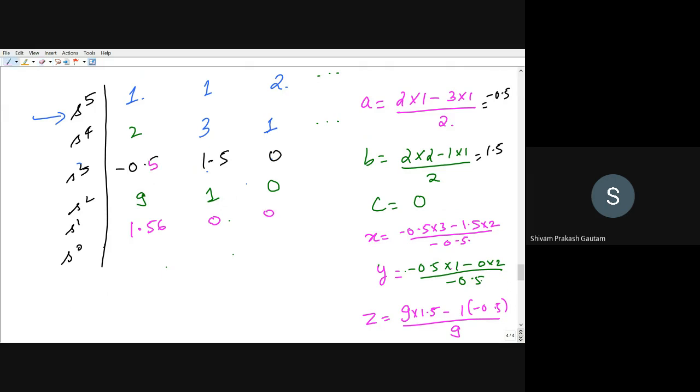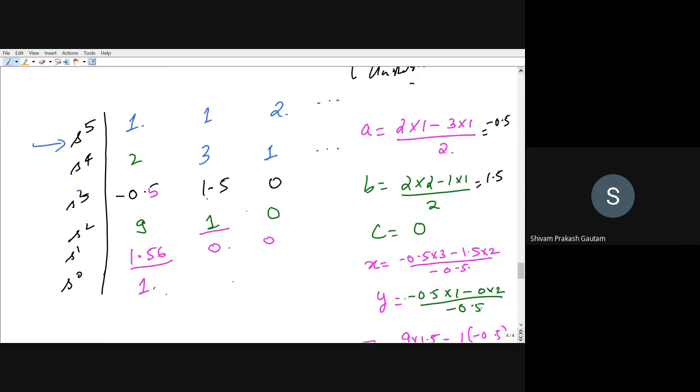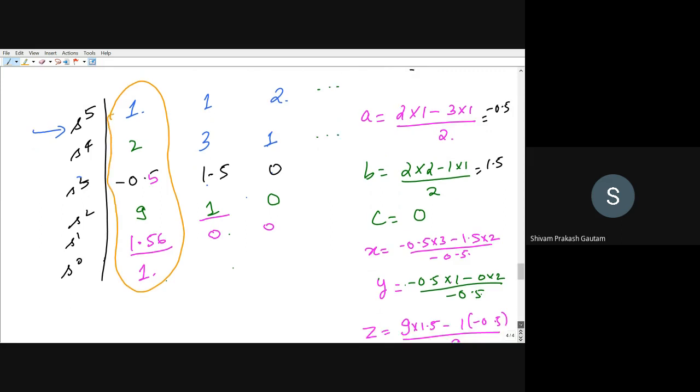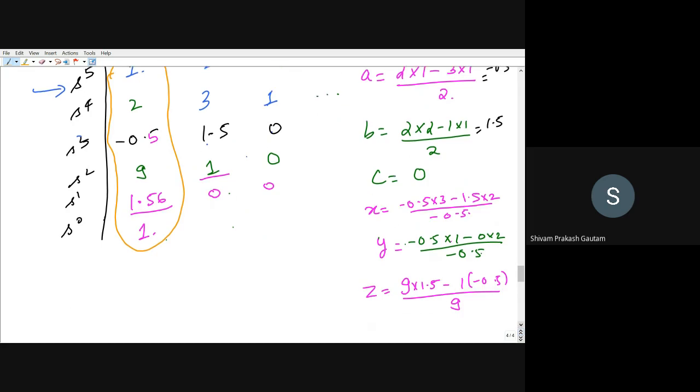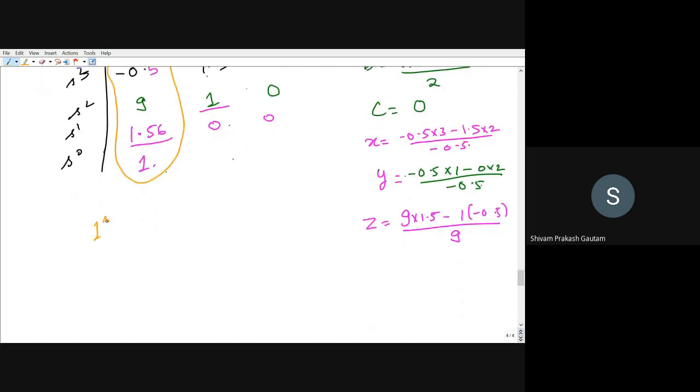Now the last remaining row is fairly simple. That is 1.56 multiplied by 1 minus 0 multiplied by 9, which is 0, divided by 1.56. So we get 1 at last. So we have formed the Routh table, and once the Routh table has been formed, we have to pay attention only to the first column of our Routh table. This is the first column. For understanding more properly, you can write it separately. So what are the terms in the first column?